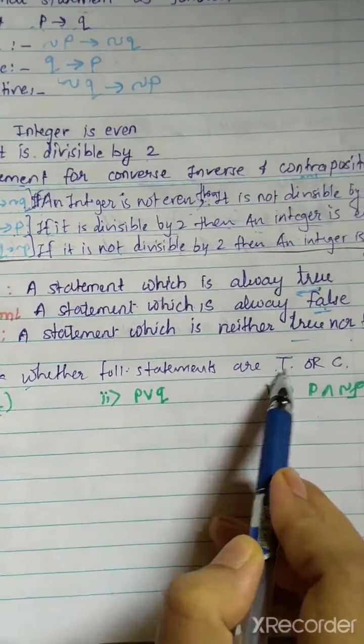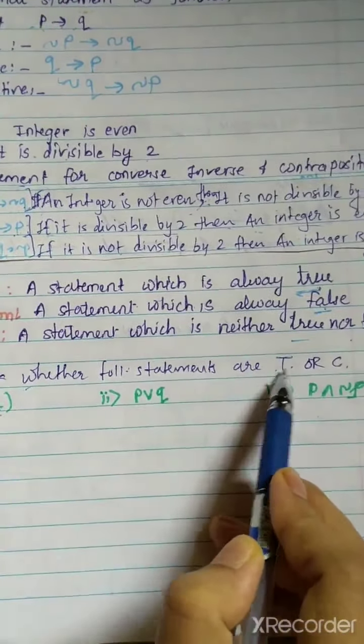All values are false. This is how you have to identify contingent statement, tautology statement, and contradiction statement. Exam-oriented 5-mark questions will come from this topic, but the logical statement will be bigger. We'll see an example. An exam question: state whether the following statement is tautology or contradiction. So, P or negation of (P and Q).